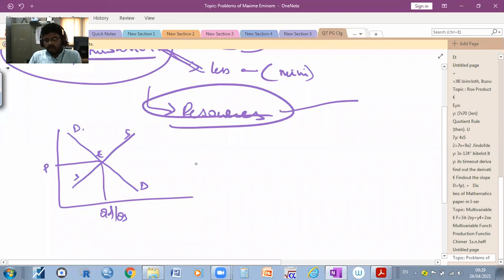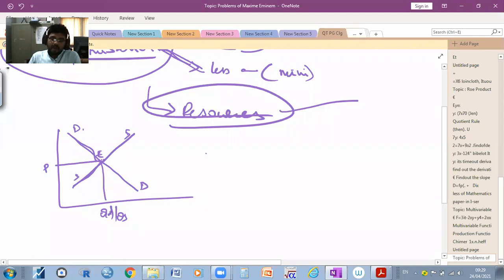In order to get equilibrium, we need to reduce the demand and increase the supply. So this demand will decrease and supply will increase, right? Then this point can be shown as the optimum point or equilibrium point in our economics, right? So how can it happen?